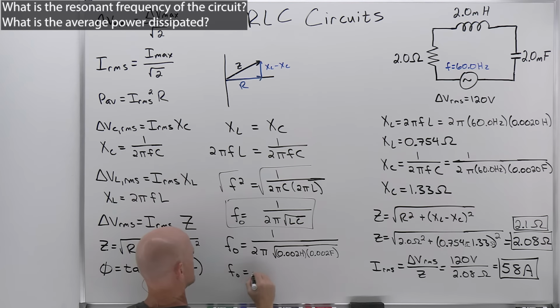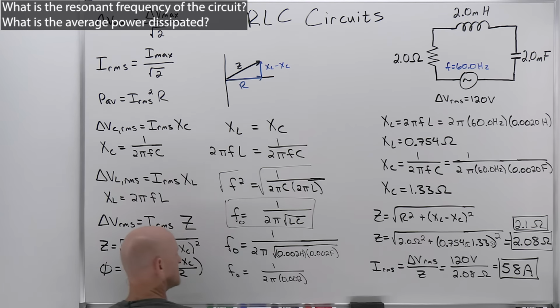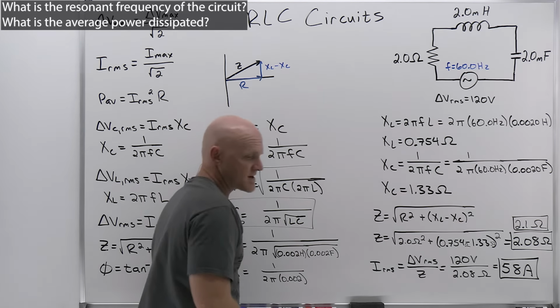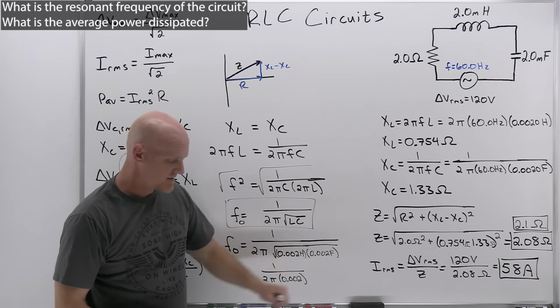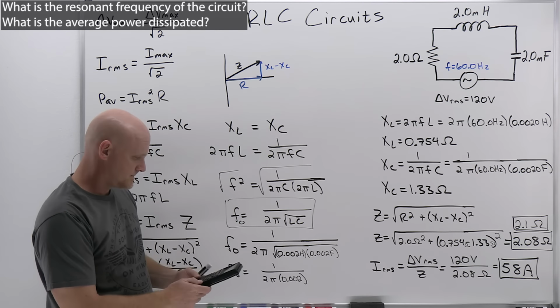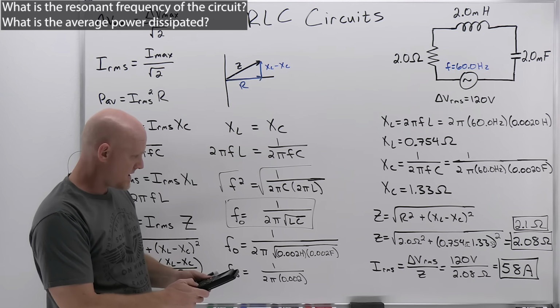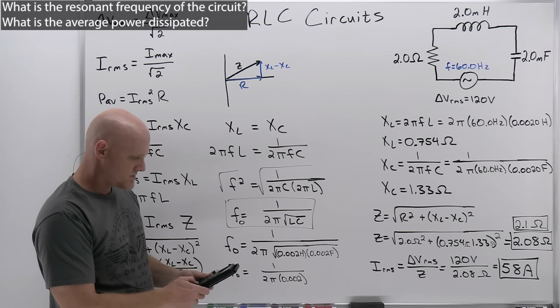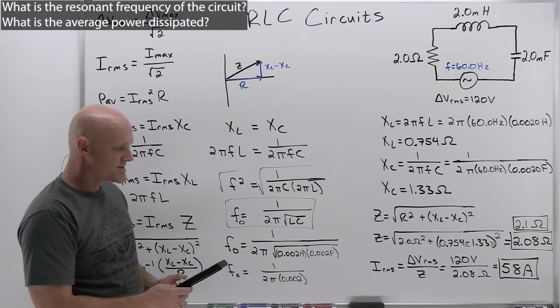So this reduces down to 1 over 2 pi times 0.002. Being a frequency, this does come out in hertz, provided we've used SI units for both the inductance and the capacitance, which we have. So 1 divided by parentheses 2 times pi times 0.002, close parentheses, and we're going to get 79.577 hertz,